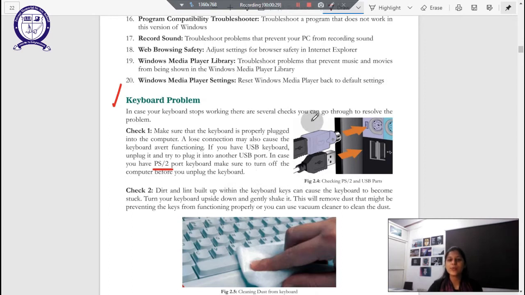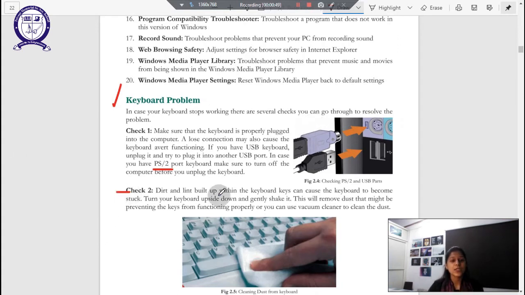It's always a good practice to ensure that your system is off before you touch such ports, right? PS/2 ports, never try to handle them when your system is turned on. With USB ports it can be done, but with PS/2 ports it's a good practice to never do it.